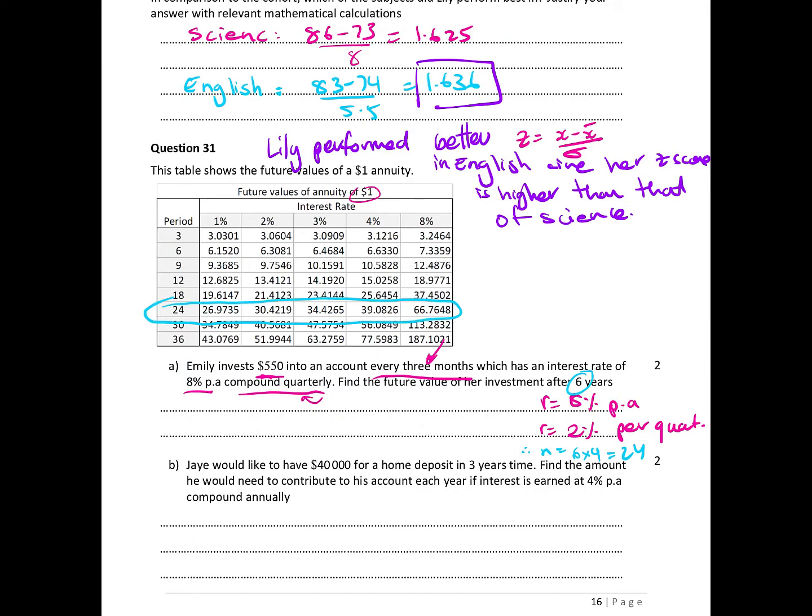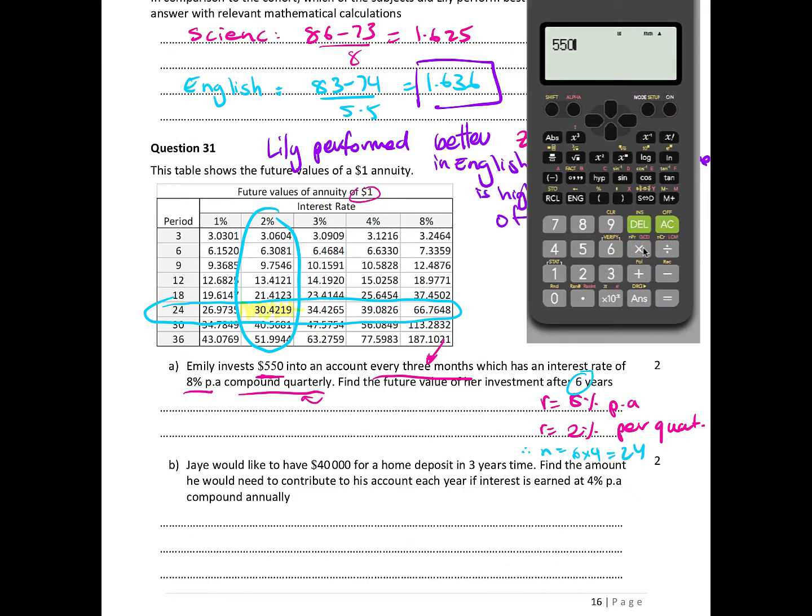And do you see how sneaky they are? They actually give you a table that gives you the possibility of going across to 8% and 6 periods. So just be careful. So period of 24, and my rate is now 2%. So I want that amount there. Remember this is a $1 annuity, so the future value is going to be 550 times 30.4219. Plug that into your calculator and you get